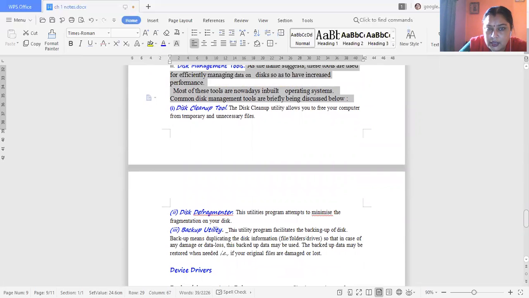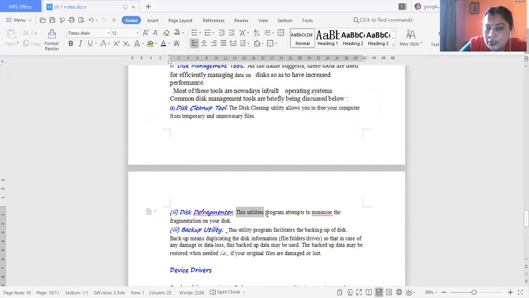Disk cleanup tools allow us to free our computers from unnecessary files. Disk defragmenter utility programs allow us to minimize fragmentation on our disk. Backup utility is a utility program that facilitates backing up data.